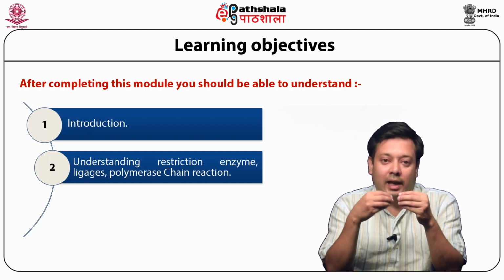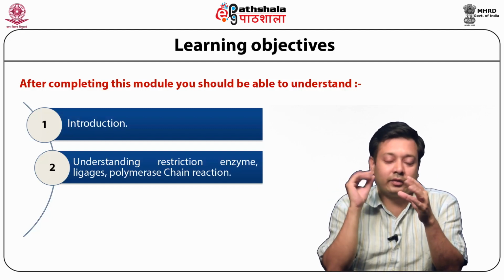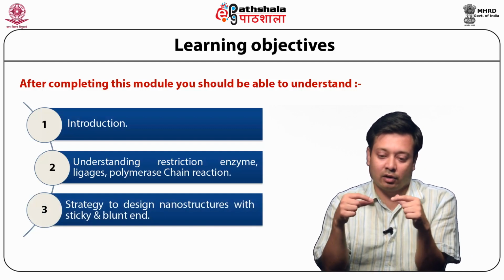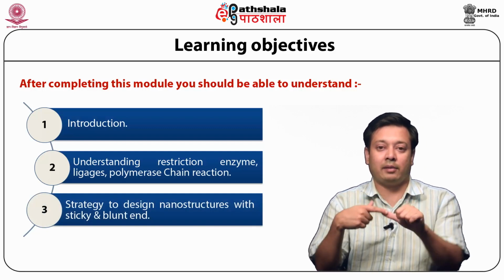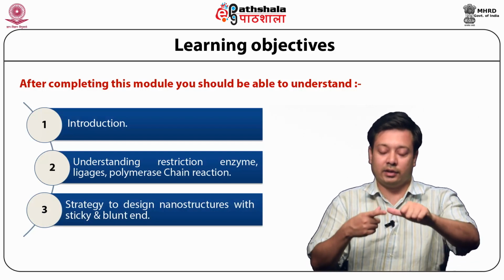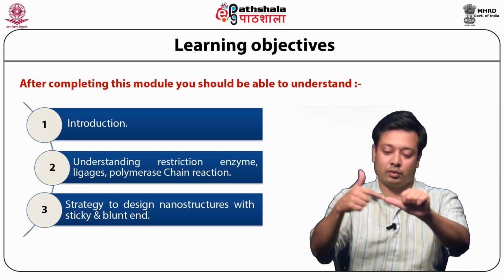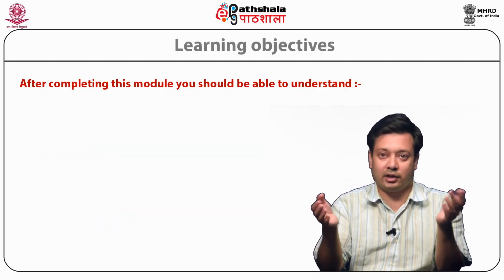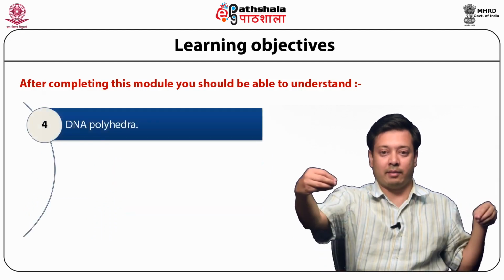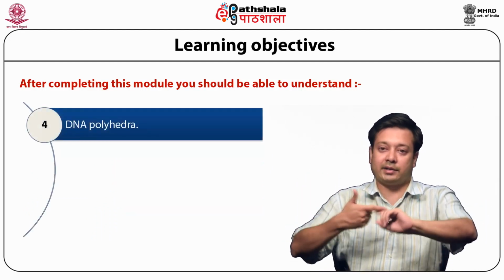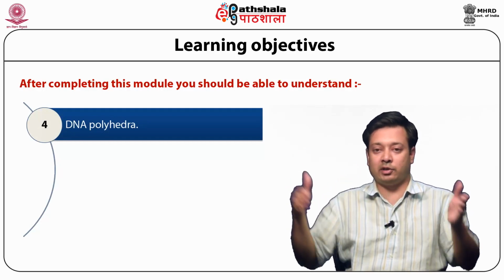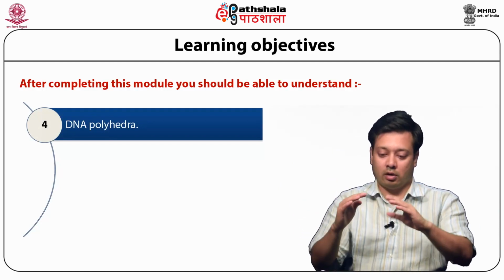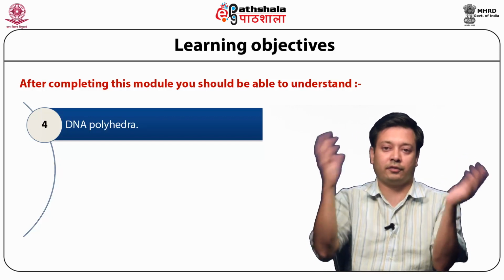And now once we know that, the second thing we'll learn is what are the different strategies to design this kind of DNA or RNA nanostructures with a sticky end or blunt end, so that the sticky end can stick together with another fragment with a sticky end, and it can form different structures. Normally DNA is one dimensional, right? So if you can assemble DNA in such a way that you can get a two-dimensional lattice, or you can make something like a cube, or let's say a ball,